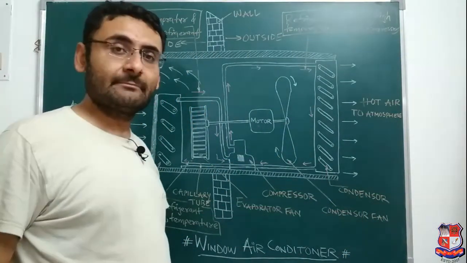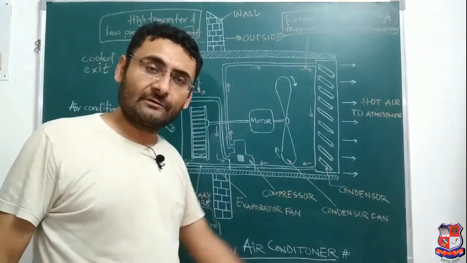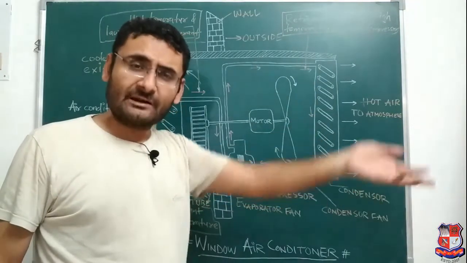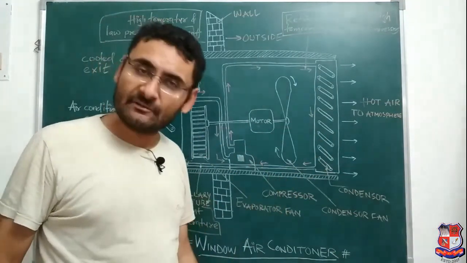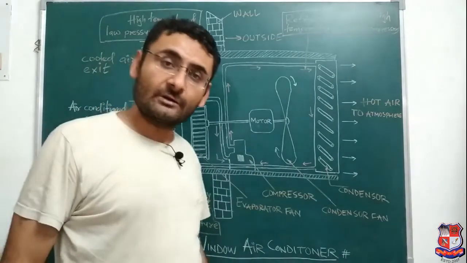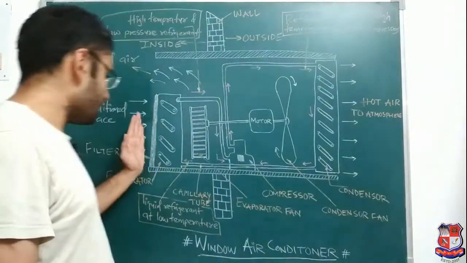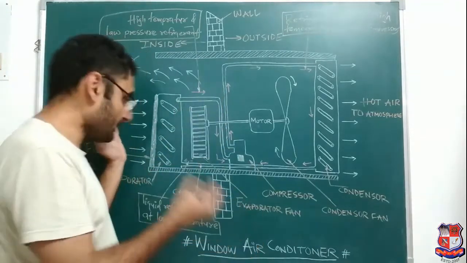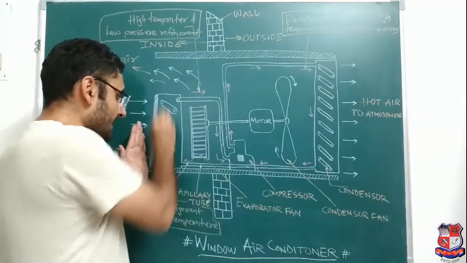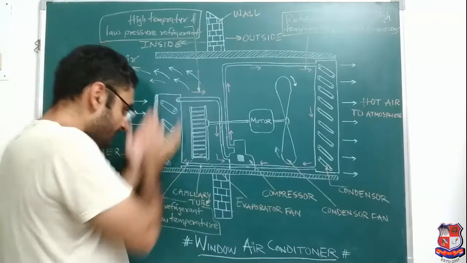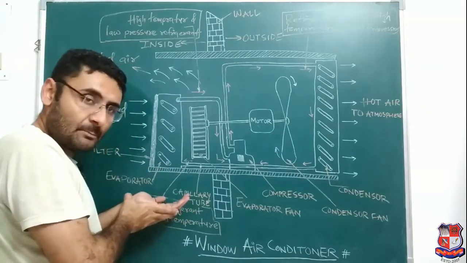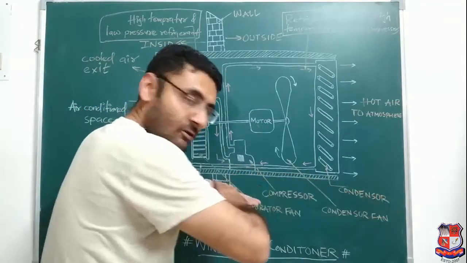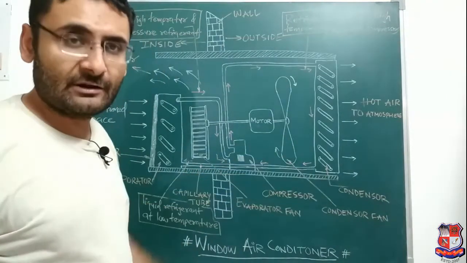Maybe you have seen sometime that at the back side of the AC, some water is dropped outside, but initially we are not feeling any water. Then how does water come outside of the AC? That is the only reason: in the hot air, water particles are present in the form of vapor, and that water will stick at the outer periphery of the evaporator, and finally that water will be collected with the help of one tray. That tray has a certain slope, so that water will be rejected at the back side of your AC.